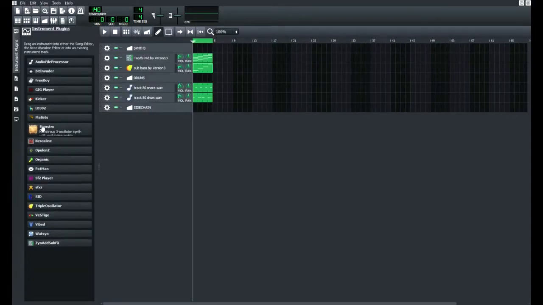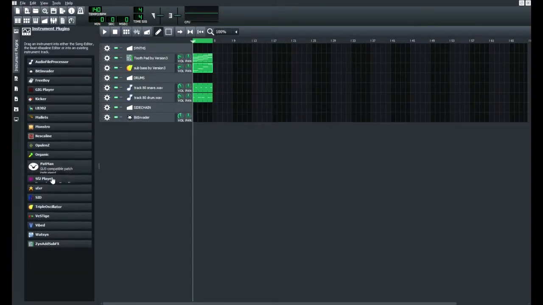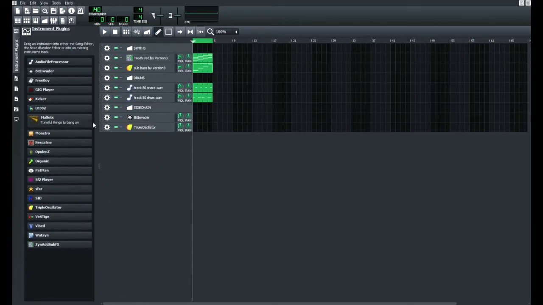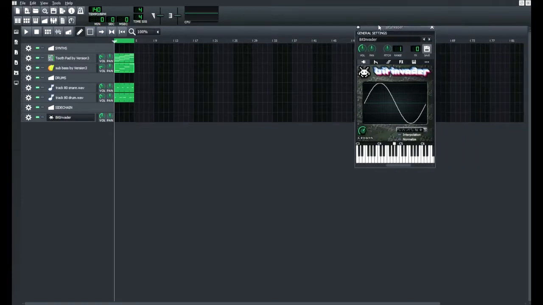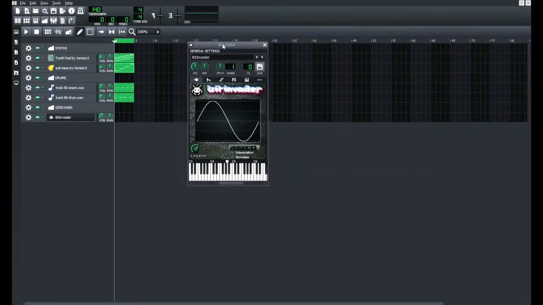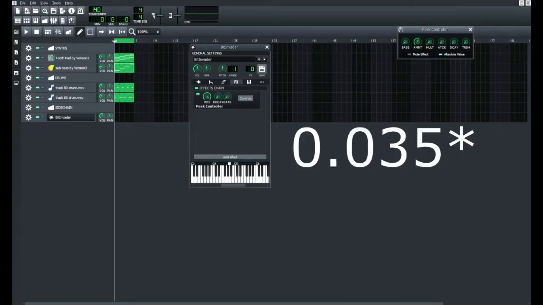Go to your instrument plugins and pull out anything you want. I usually use Bitinvader, but other people use Triple Oscillator. It's up to you, because it doesn't really matter in the end. Once you have your synth of choice open, just go to the FX area, open up a peak controller. Once you have that open, turn down the bass to 0, turn the amount to 0.35, mute the effect, and